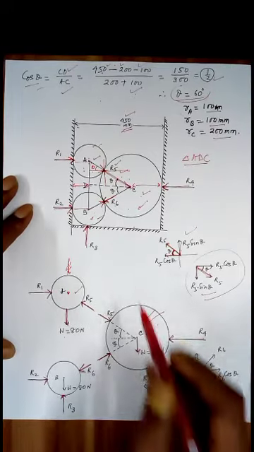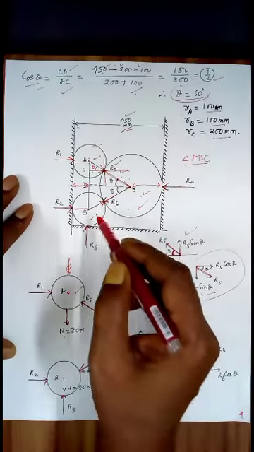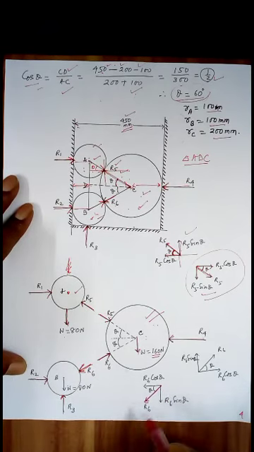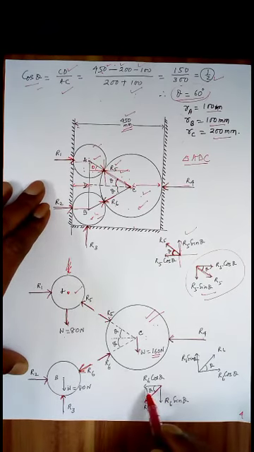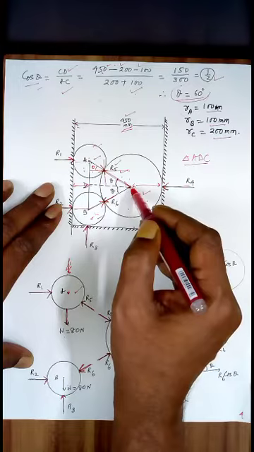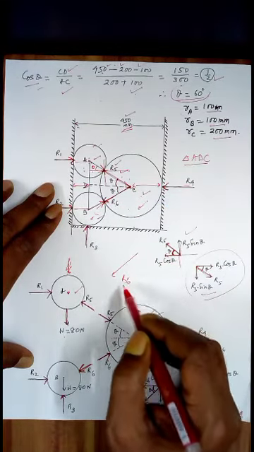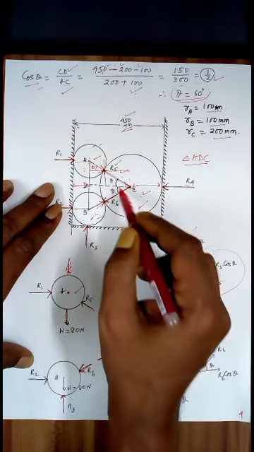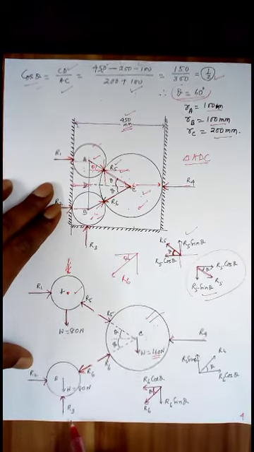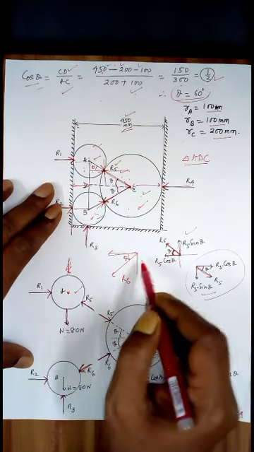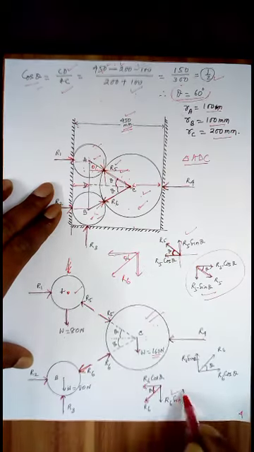Now coming back to R6 here. For this sphere, R6 is this way. Therefore, this is the horizontal component, this is the vertical component, and this angle is theta. How is this angle theta? Look, this is your R6, this angle is theta, that is here. So this will be your R6 cos theta, this will be your R6 sin theta.